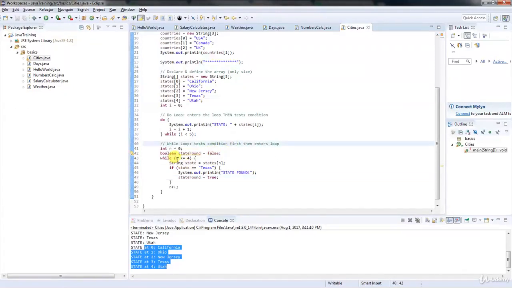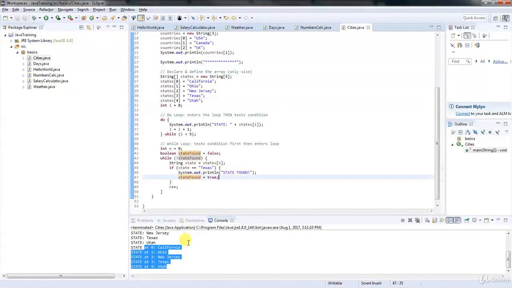So in other words, we want to run this while loop as long as state found equals, well, false. But if it's false, right, so this is going to be a Boolean. It's going to evaluate either true or false. If it's true, it's going to execute. And so right now, because we initialized it to false, we actually want the opposite of that. So we want exclamation point. So state found is true, and so now we want to increment to true